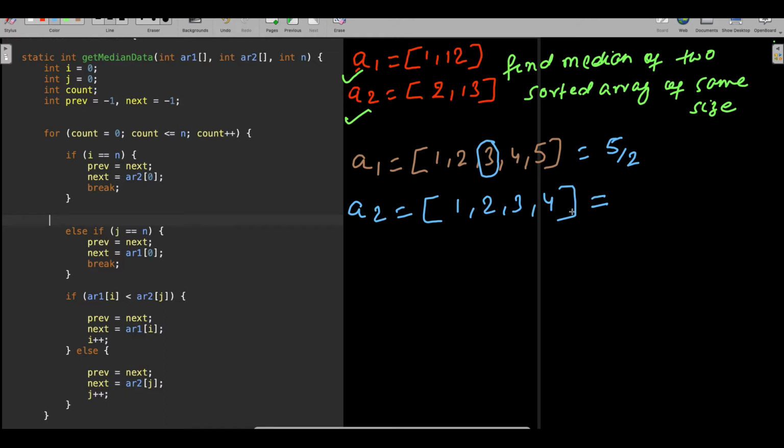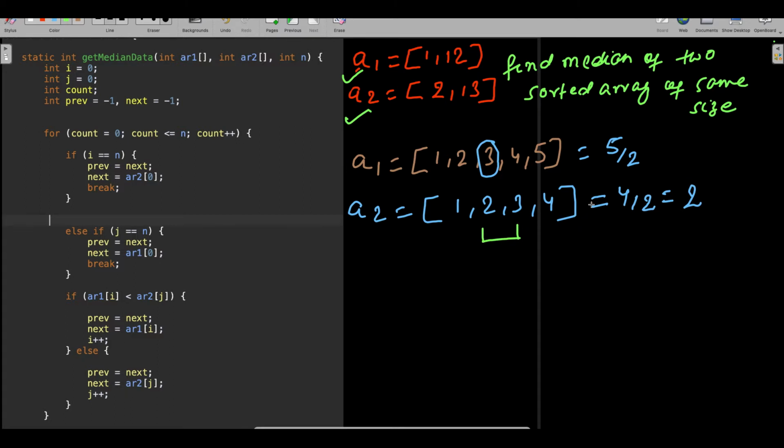And the earlier one was the odd number. So whenever you have an even number, when you do 4 by 2, how much will you get? 2, right? So when you get 4 by 2 equal to 2 in case of an even number, you have to calculate the median by summing these two numbers.